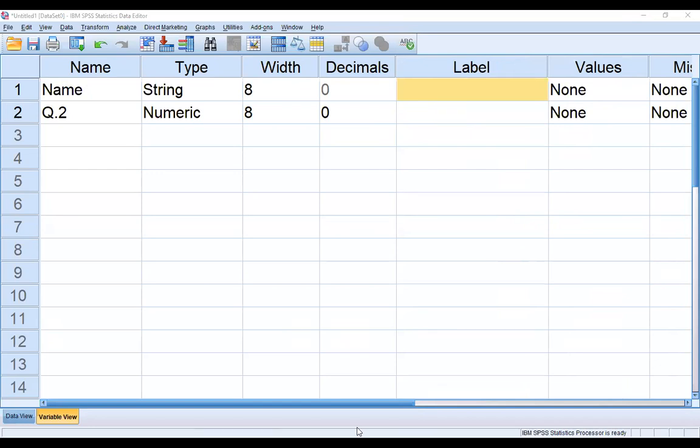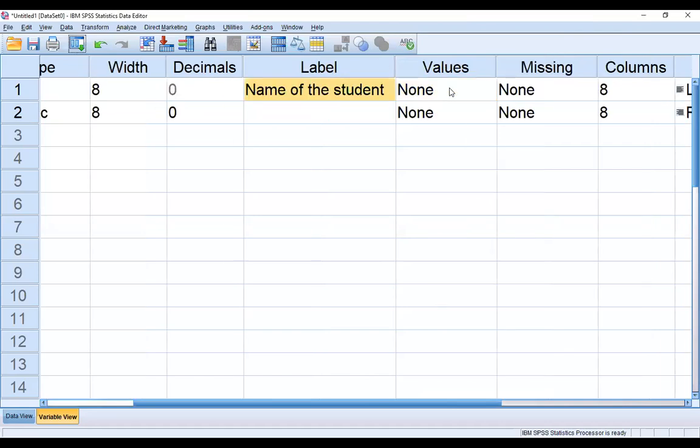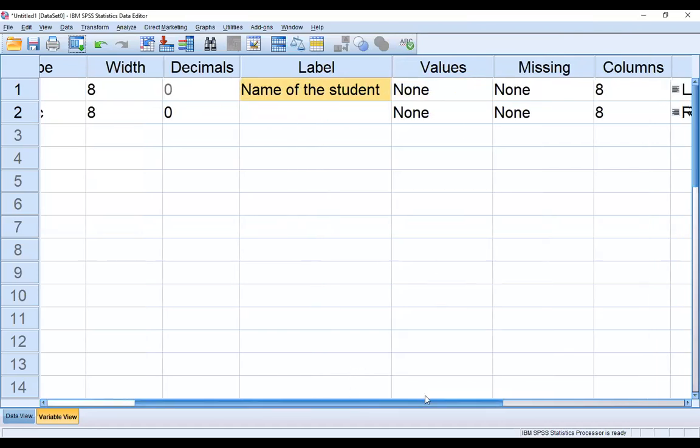So the first question is related to the name of the participants. What is the first question? Name of the student. I am writing the full question here because we have enough space in the label column, and there is no value here. There are no missing values.